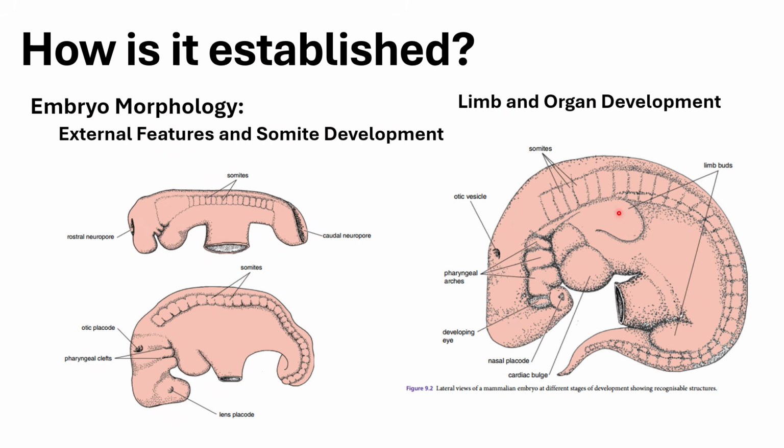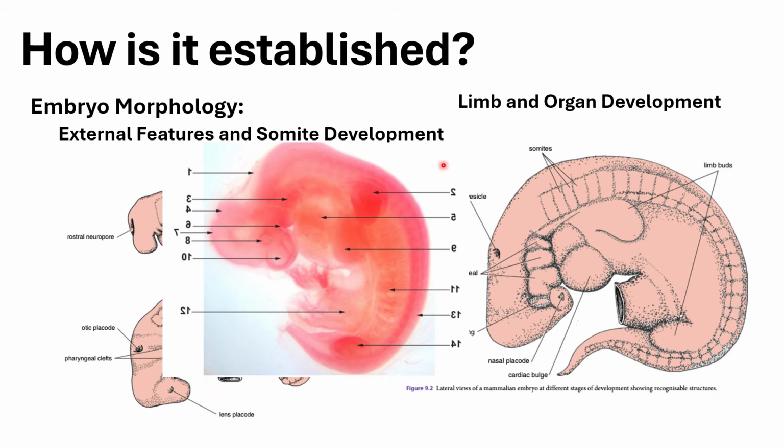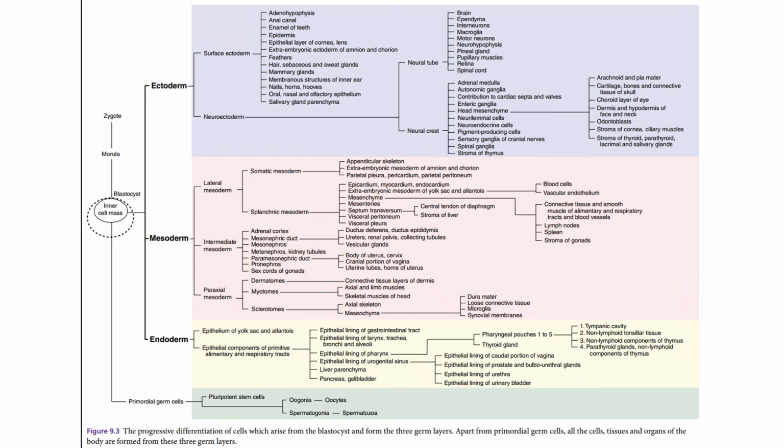Finally, we have the limb and organ development, as exemplified by the lymph nodes, and again earlier the cardiac tube as well as the pharyngeal arches. Here finally you will see that the oldest embryo is already C-shaped and it's not lying flat anymore, and you can see that the different organs are more pronounced. So again, this is the map of all the different adult fates, and you can trace it to the germ layers that gave rise to them.